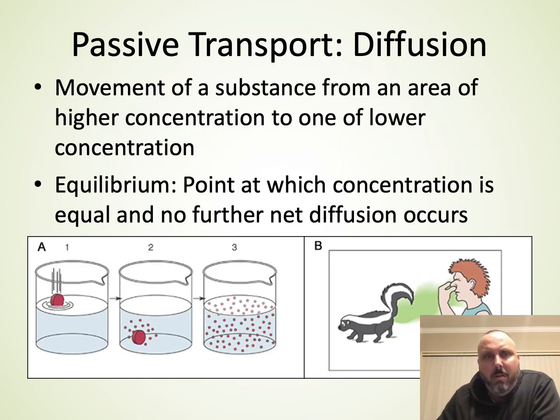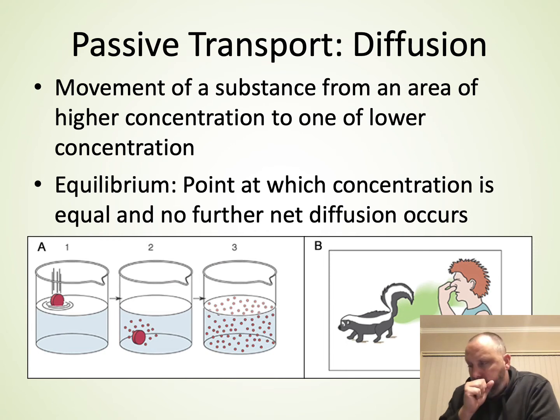So, passive transport, it's called diffusion. I mentioned it in the last slide. Movement of a substance from an area of high concentration to low. So remember, think about that as downhill, doesn't need energy. Okay? Diagram A there shows us, if you dissolve, say, a Disprin